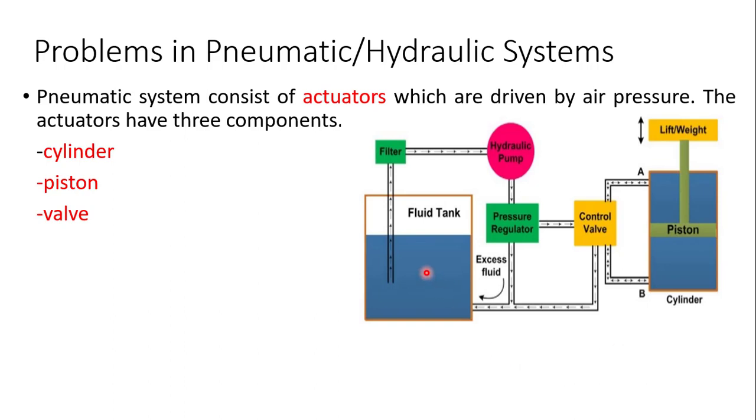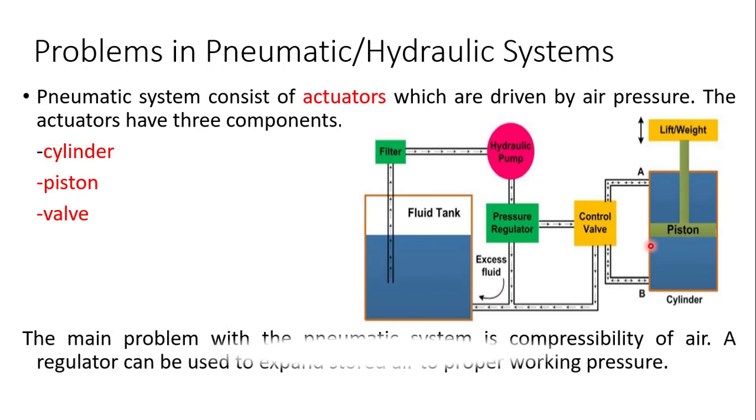So what it says is that there is a fluid tank, in case of air it would be open. If it is oil, then this will be a fluid tank. Then there is a filter, hydraulic pump. It is your actuator which is used in here, which I am talking about. Then the pressure regulator, which ensures enough pressure is to be gone further. Then there is a control valve, which controls which direction the fluid is to be sent, and then the piston goes up and down. So it is simply your basic pneumatic or hydraulic system.